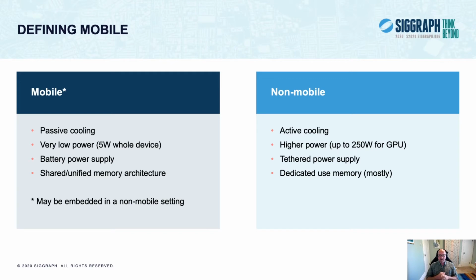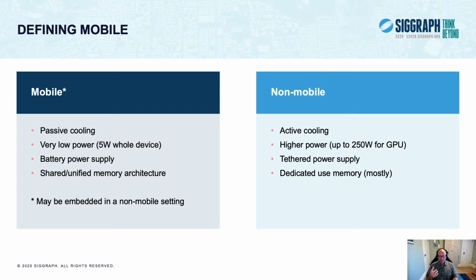So for me, mobile primarily is about thermals, power, and size, actually. So for example, your favorite PC graphics card GPU is several times the size of the SoC inside your phone. It could be more than several, but anyway, a device may use the mobile SoC, but if it has a tethered power supply, if it has a fan or some other active cooling mechanism, I would argue that it's no longer mobile in that sense. Certainly, many of the considerations for writing software that's supposed to run efficiently on those may apply. There may also be some quirks.